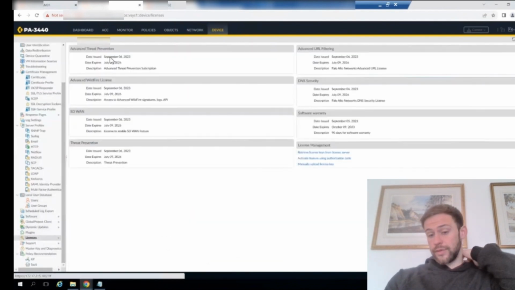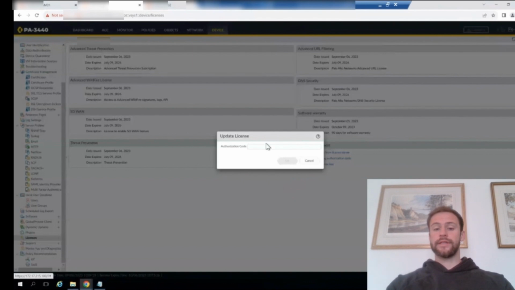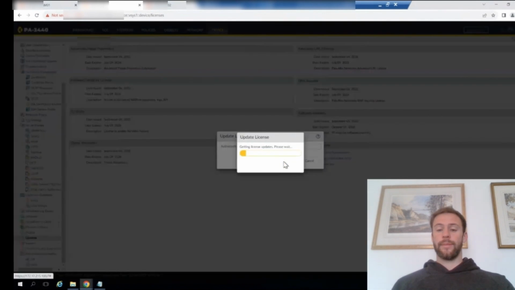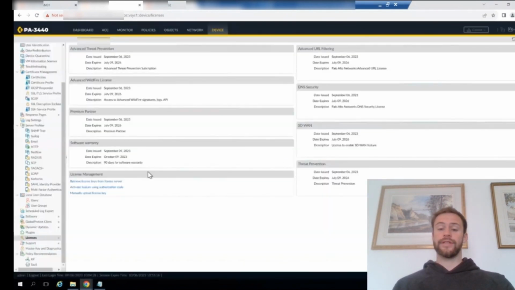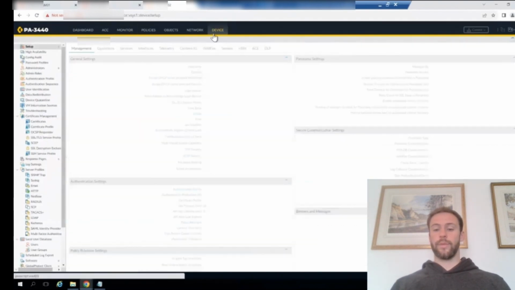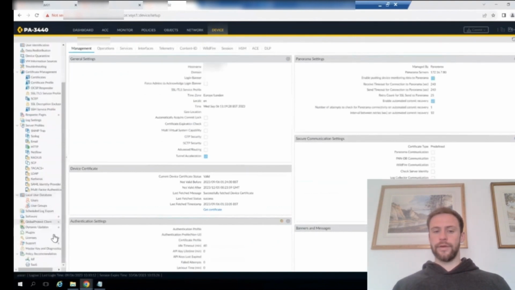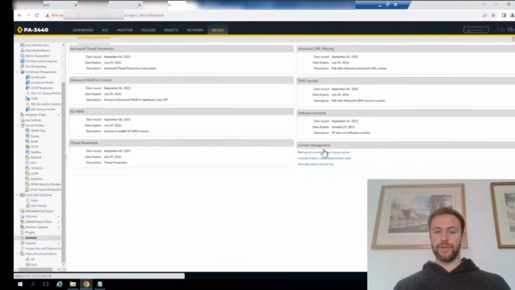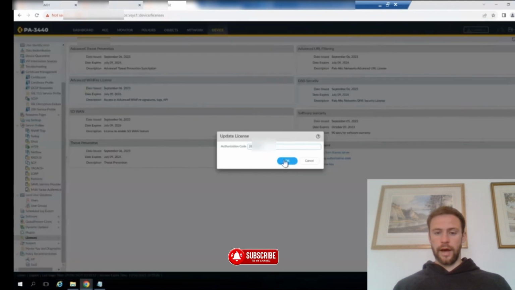Okay, so now we need to do the last thing on the list, which is provide the auth keys to the licenses. You'll find the auth key in the Palo Alto portal. So for each firewall you'll get a number that you just need to enter into each one. This will connect back to the Palo Alto portal, and it will authenticate that these devices belong to your business or to yourselves. So we need to be going to the devices and then updating the license as